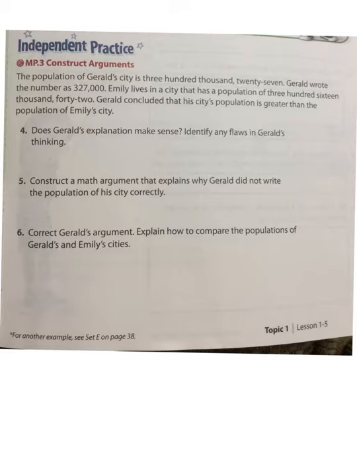You are going to do the independent practice numbers 4, 5, and 6 on your own, and then you are going to check your work with a partner. But before you do it, we are going to read through the question together and underline the question and circle what we know. The population of Gerald City is 300,027. Gerald wrote the number as 327,000. Emily lives in a city that has a population of